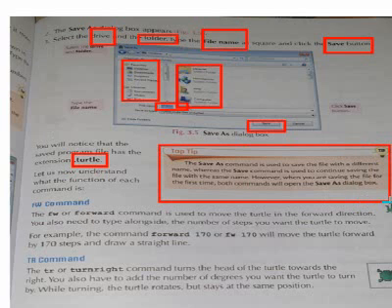Now top tip: the save as command is used to save the file with a different file name, whereas the save command saves it with the same name. When you want to change the name of the file, you have to use the option save as. But if you want to save the file with the same name, you have to use the option save. Understand? When you open the dialog box for the first time, the save as option appears, and the save option appears only the next time.